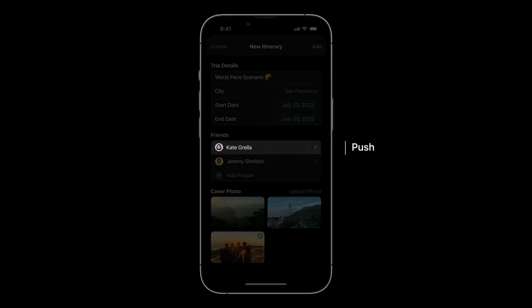For example, I can tap on a table cell of one of my friends I've added to the itinerary. You expect this to push because it has a chevron, remember? When I push in, this view may show information about Kate and give me the option to remove her from the itinerary. But the labels Add People and Upload Photo are intent color, which indicates that these actions are tappable. In each of these scenarios, they're workflows within workflows. I started by adding an itinerary, now I'm adding a photo to the itinerary.